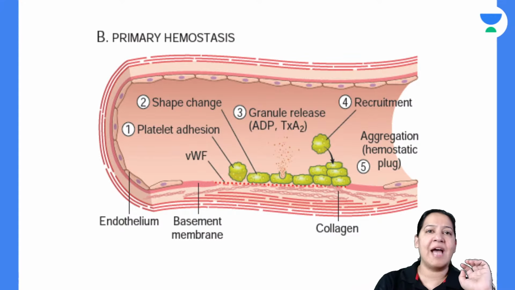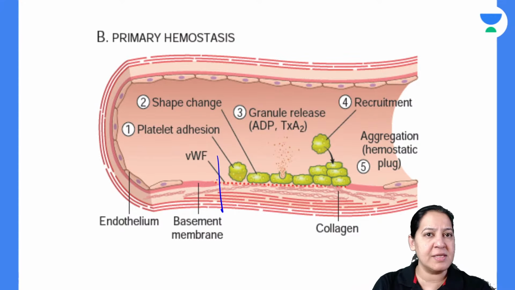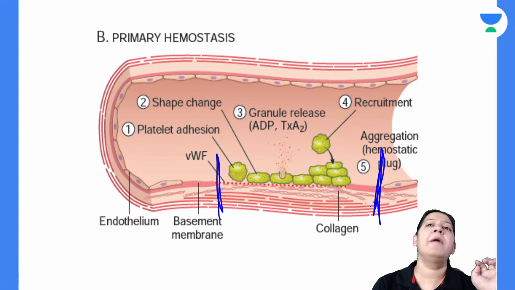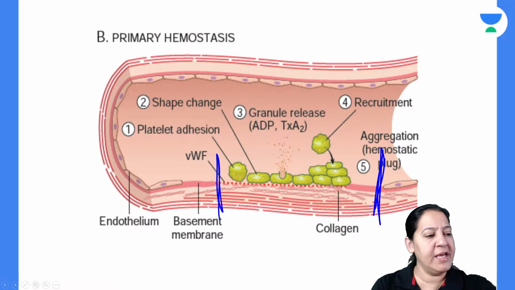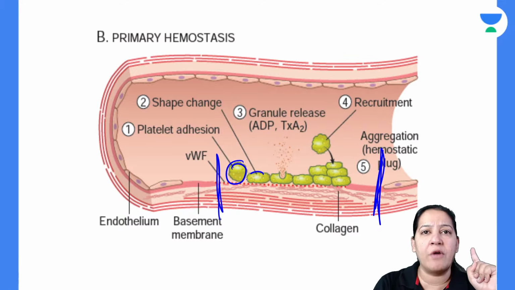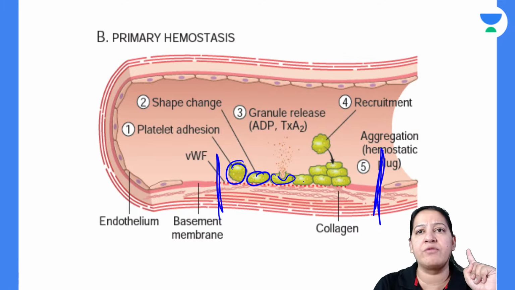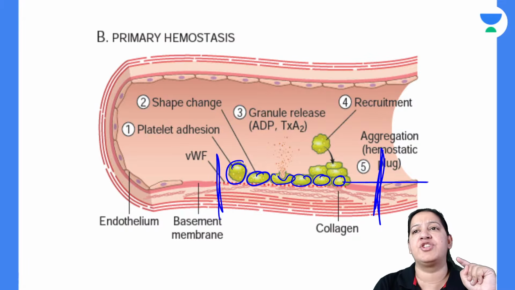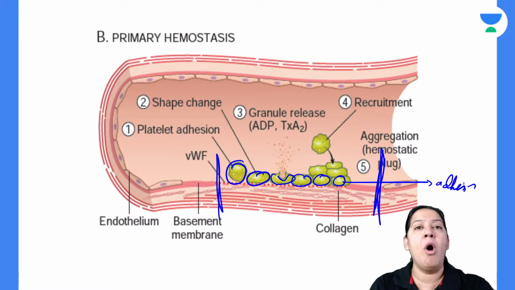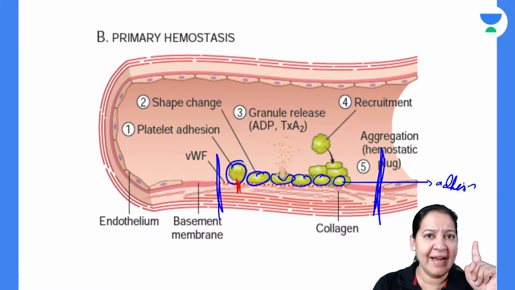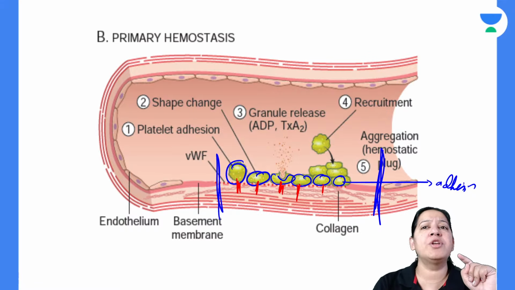Can you see? This is the site of the injury. Please appreciate this is the site of the injury. So the endothelium is disrupted. Can you see the platelets? This is the first row of the platelets. This one is showing adhesion, the first row, because it is forming bond between platelet and subendothelial tissue, the collagen of the subendothelial tissue. The second step is degranulation.